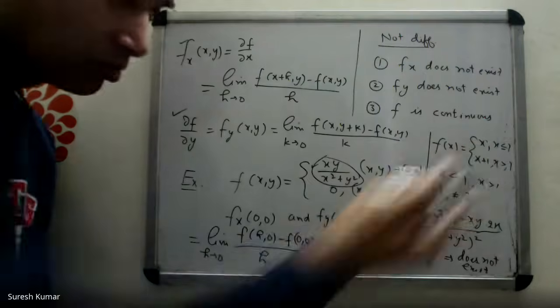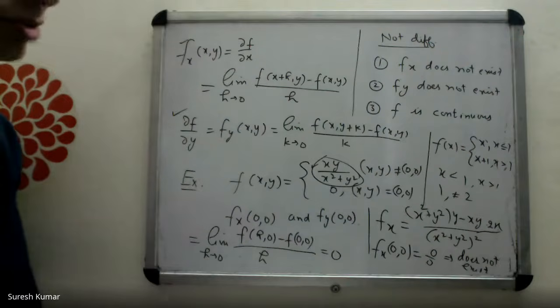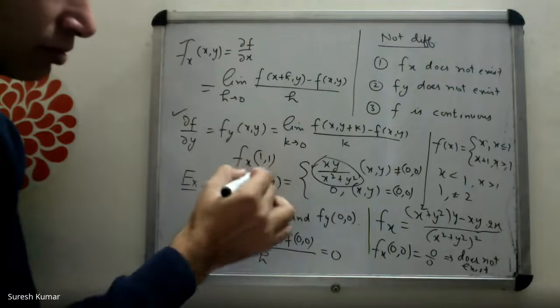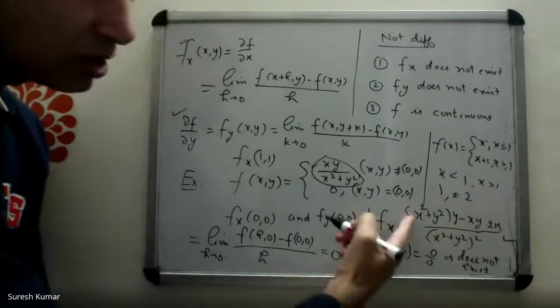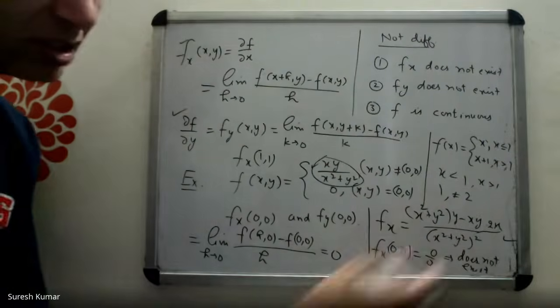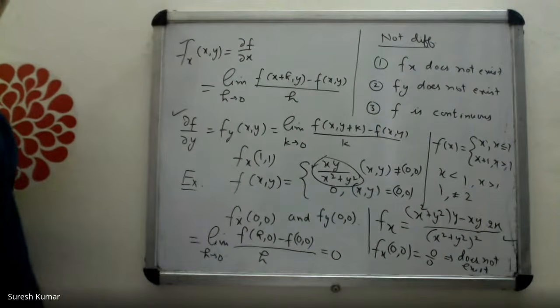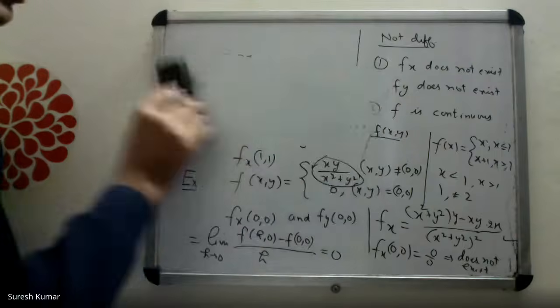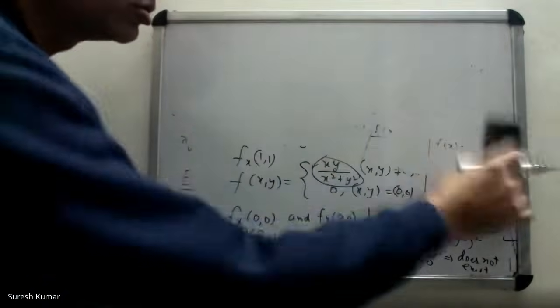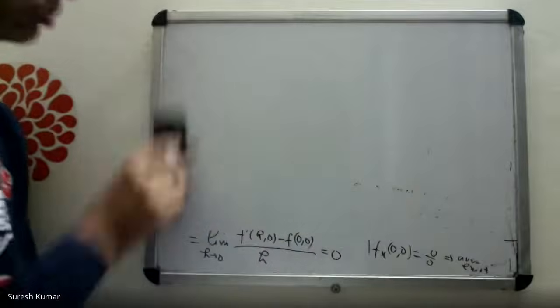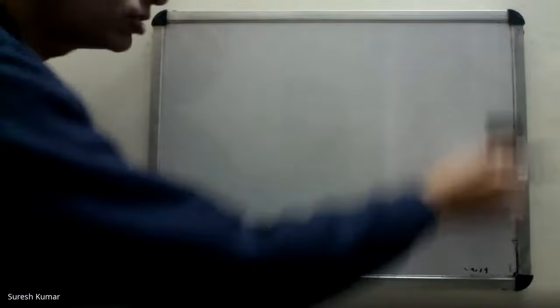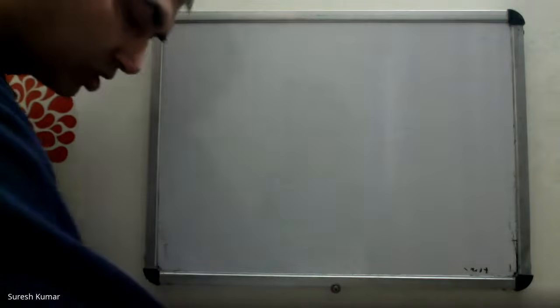So you understand this bifurcation point, okay? At these points, you have to do by limit definition. Same problem, if I ask you to find fx at (1, 1), it's fine. You can use this formula. In this, you can put x equal to 1, y equal to 1, and you can see it's well defined. But not at (0, 0). So be careful about it. All right, so I have told you the approaches for solving problems on limits, continuity, and differentiability of a function of two variables and partial derivatives as well.